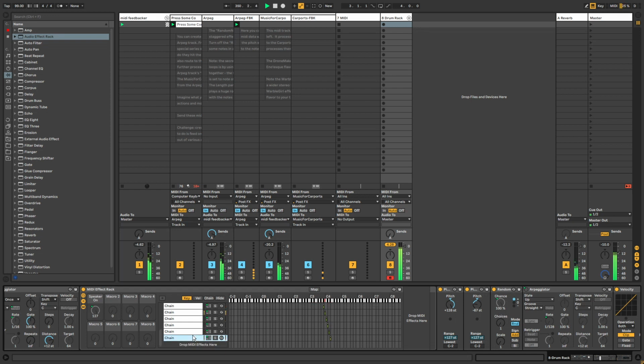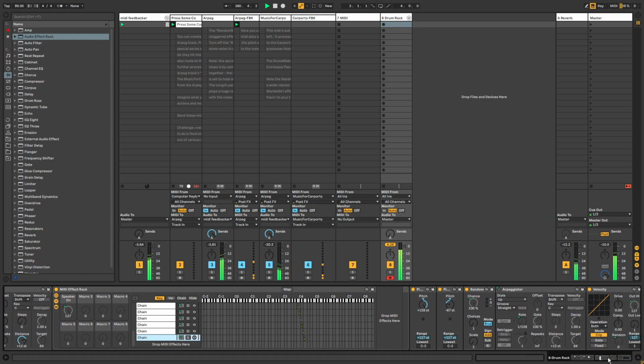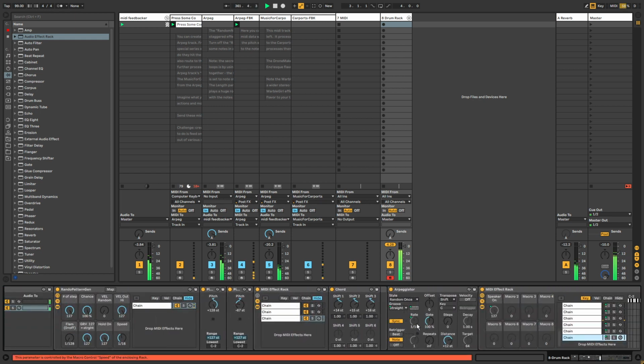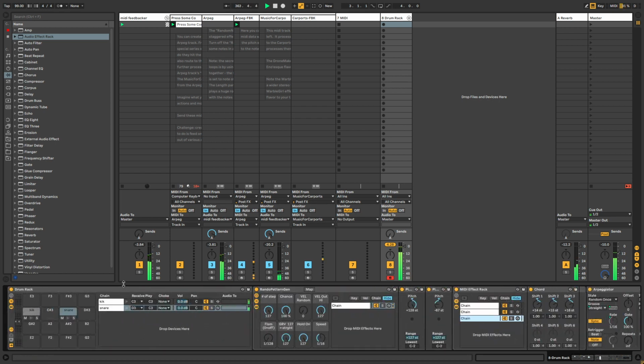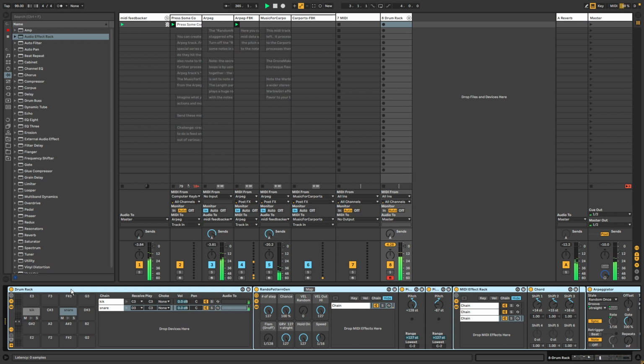So let's make sure all of these are on. And it seems like I didn't do the math correctly. Like we need another one in here. Make sure all these speakers are on. Yep. So, you know, it's still interesting in the pattern that it's making. So if I play any other note in there,